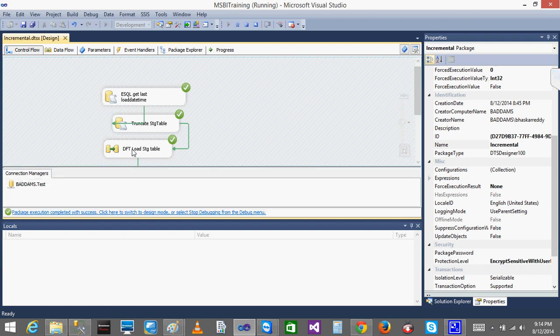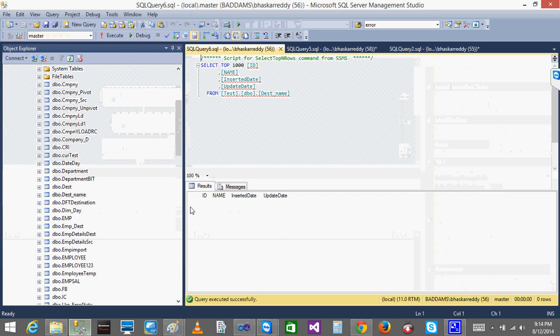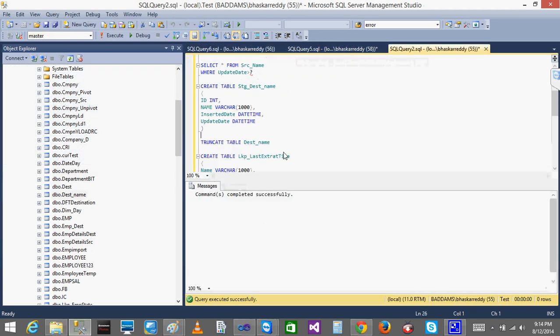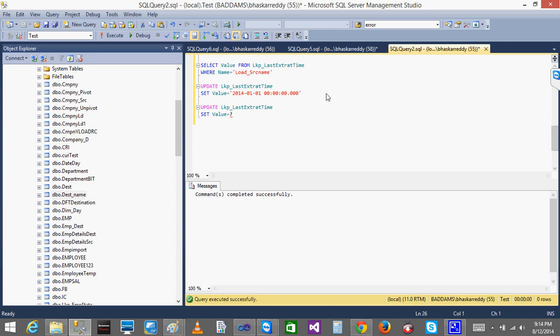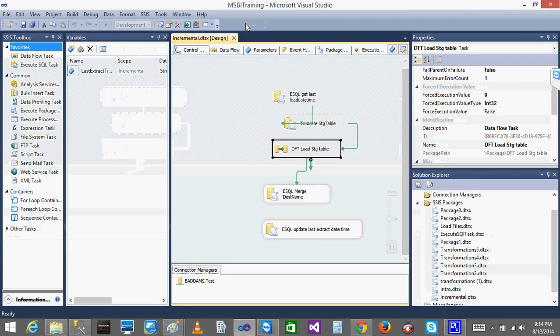So I have executed. So you will be having the 3 records, done. Oh, actually there's one more issue, that last time we loaded, right? So the time is not updated. So I need to update the time to this one. Execute it. Now done. So now if I run, I'll get the 3 records now, and the 3 records will be inserted into a destination.